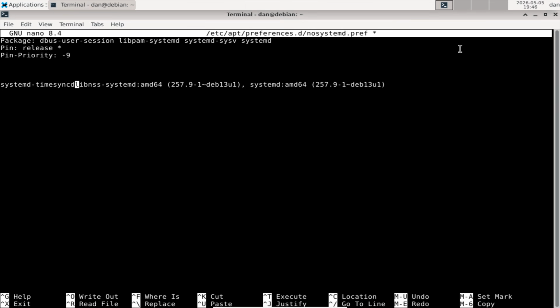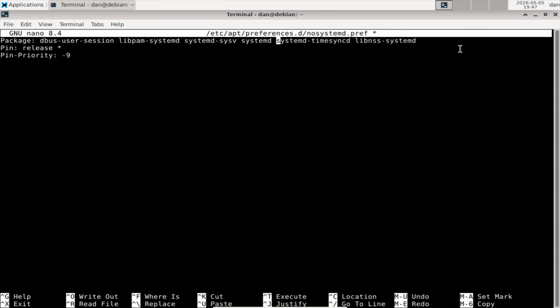And then this, and then this, systemd, right, but systemd we have already in, so only these packages we add here. So this is just to complete the line, the preferences file, to make sure all these systemd packages never